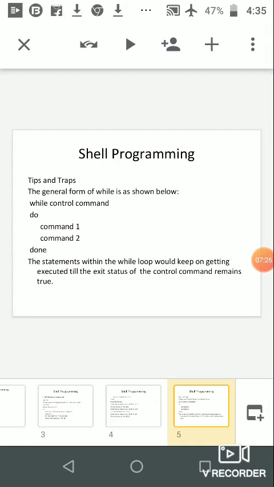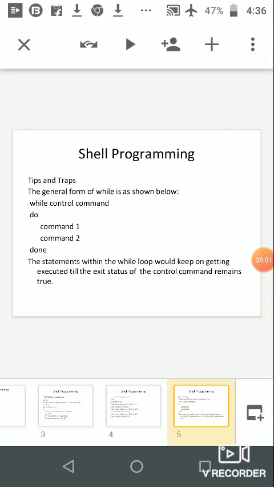After that, do will be there, and after do some series of commands will be there: command 1, command 2, command 3, there is no limitation. How many commands you need you can give there, and when it is complete then you have to close the loop body by writing done. So do, done,